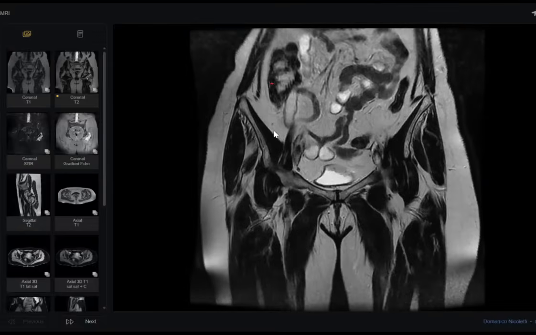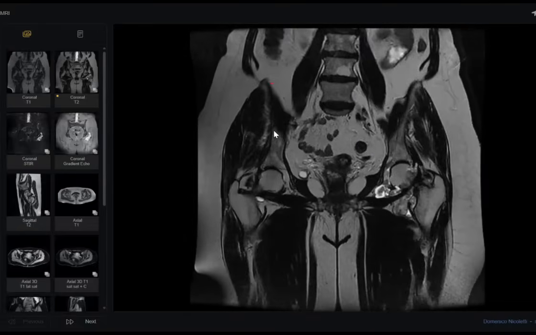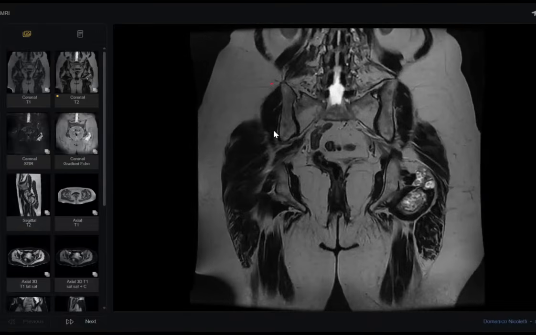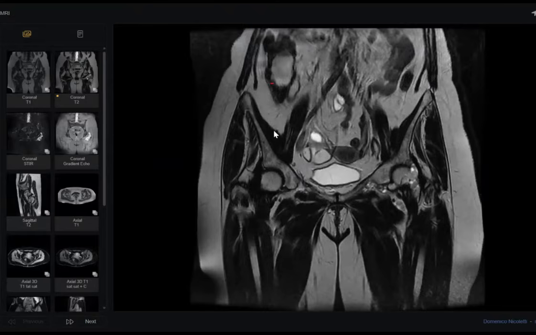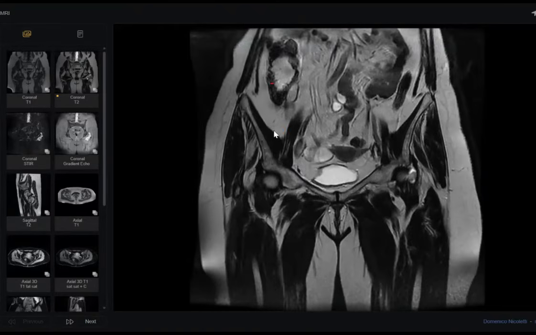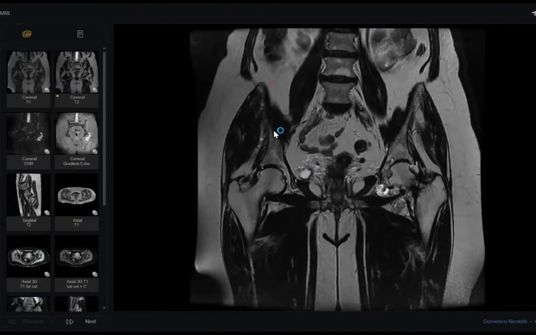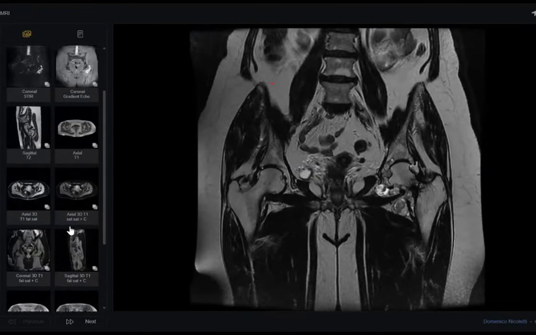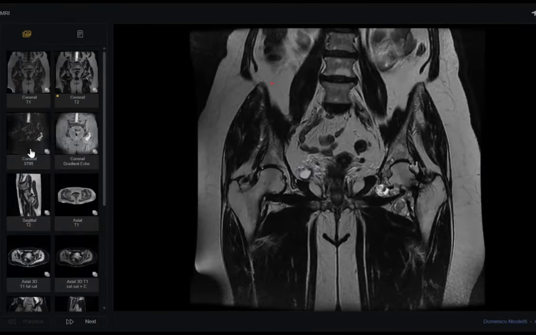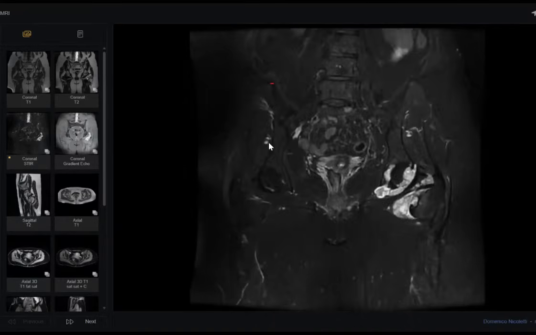Okay, I've been provided with the MRI T2 weighted images, in which I can appreciate significant soft tissue. There are prominent soft tissue masses seen on the left side surrounding the left hip joint. These are seen on the medial as well as the lateral aspect, and there is also extension seen within the